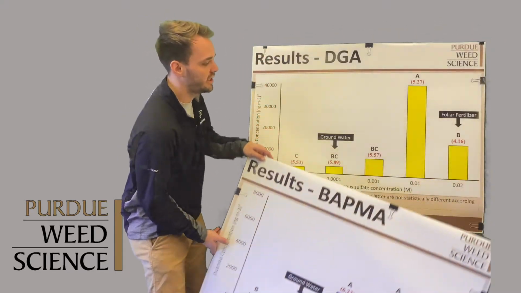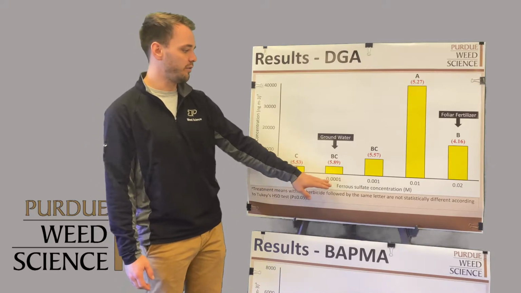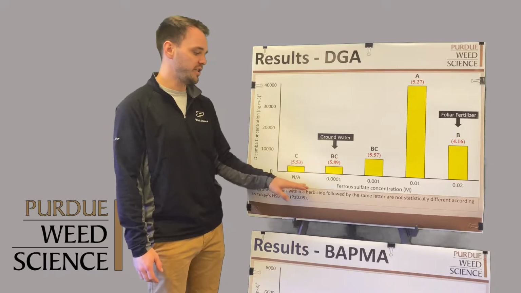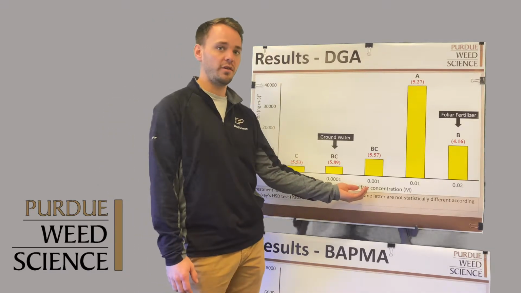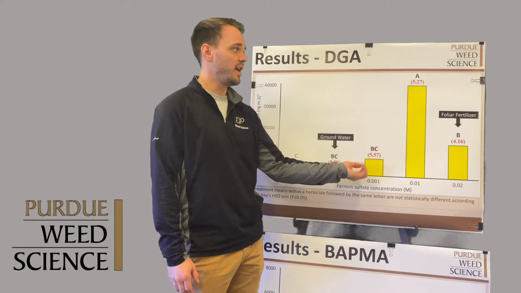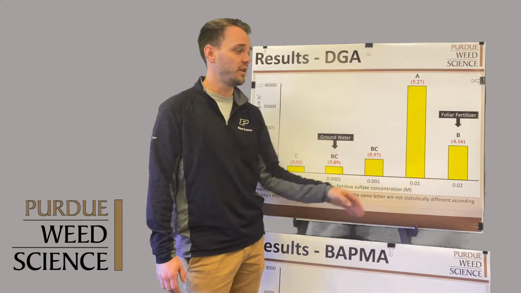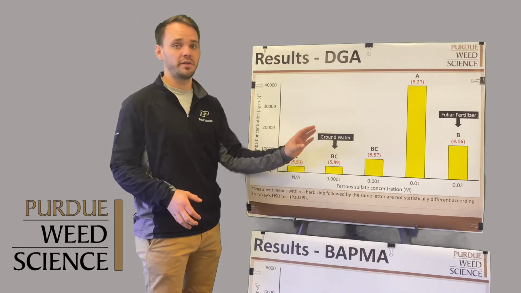And when we look at the DGA formulation, we see a very similar trend, where whenever we apply ferrous sulfate at an equivalent rate of iron found in groundwater, we see no increase in dicamba volatility. However, as we add ferrous sulfate to that spray solution, we once again see an increase in volatility up until the 0.02 molar concentration, where we once again see a decrease in dicamba volatility associated with a strong decrease in